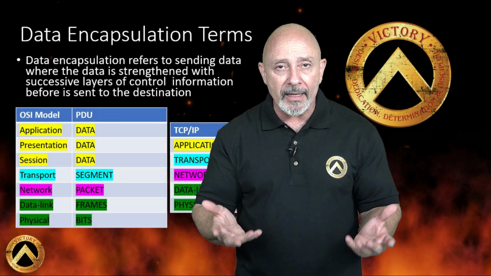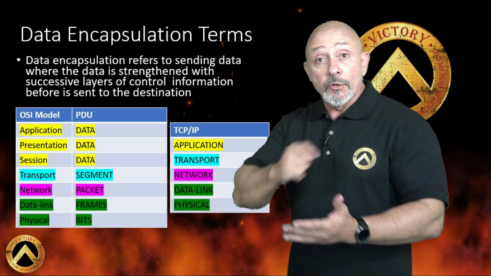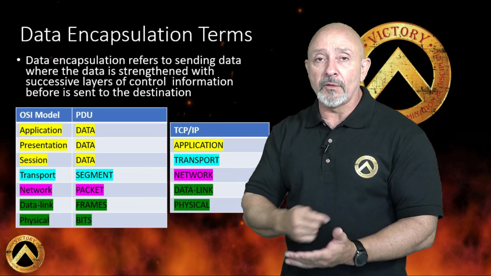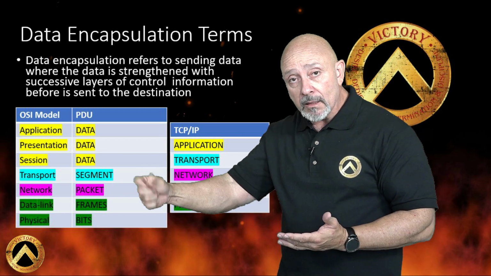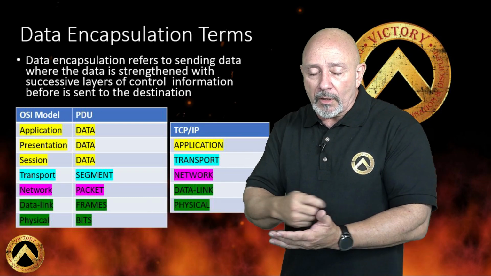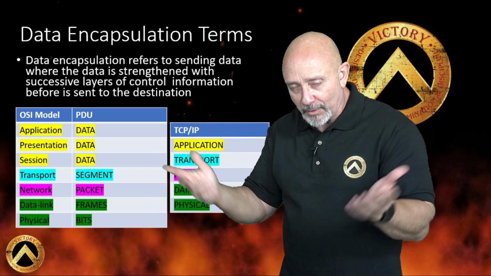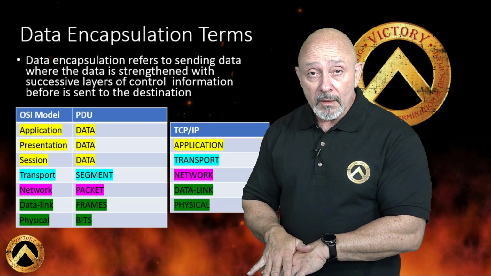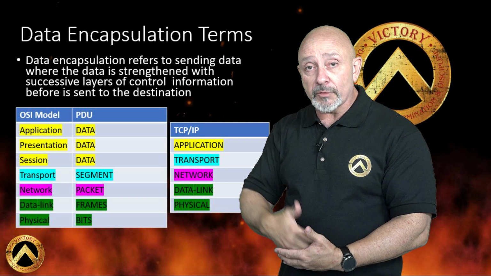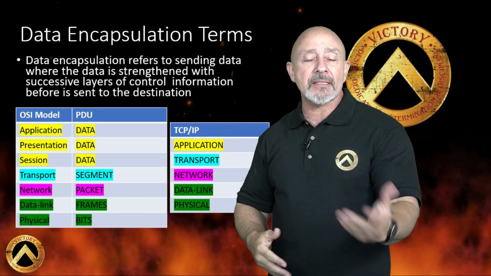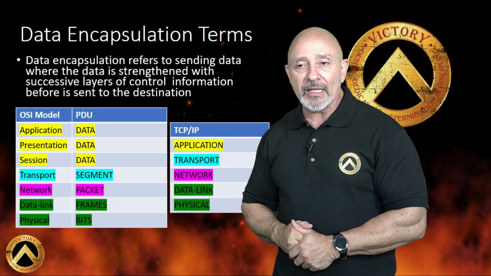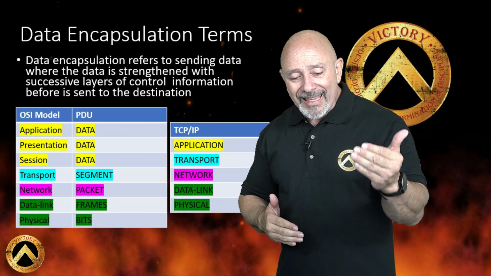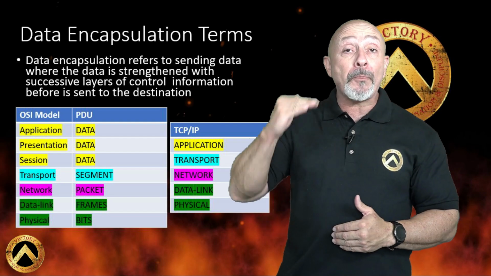It's like when you're doing a letter, you write in a particular format, right? You can do it in a pencil, you can do it in a pen, in a magic marker, Crayola crayons. It depends on how you want to send the letter. And then you fold it up and you put it inside an envelope, right? So you're encapsulating it. Well, it's the same thing. You're encapsulating information.